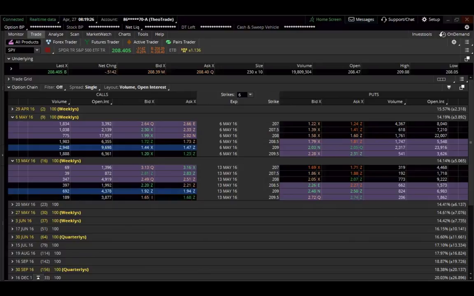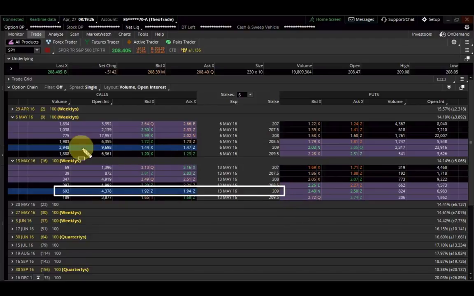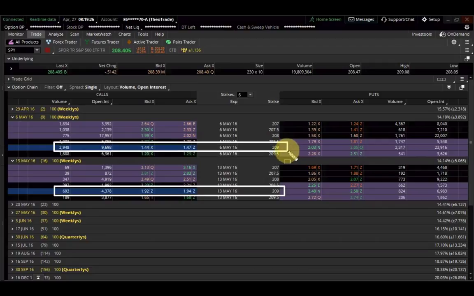I'm going to freeze the screen, and I want everybody eyes on right here, this 209 call, eyes on this 209 call, okay? First, let's all agree. Are they both the 209 calls? Yes, they are both the 209 calls. We have to agree they're both in the same exact underlying, the spiders. Great. Now that we've gotten that far, you have an option out here that's trading for what? Okay. Oh, let's call it a $1.93, and an option over here that's trading for what price? Oh, I'm just putting a mid price, maybe a buck,